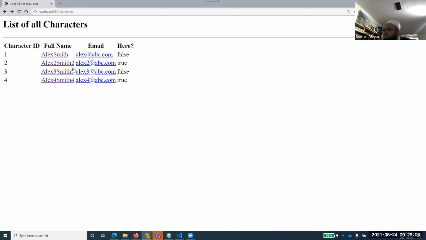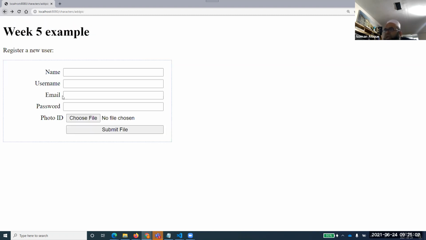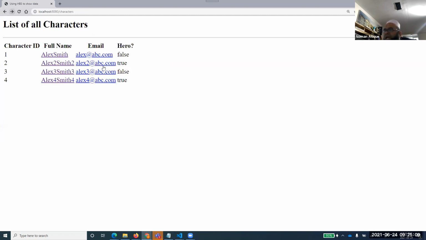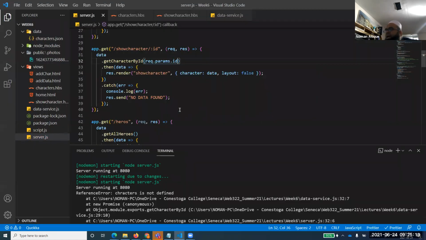So you see here what is going on. It's basically showing that now we can just access that one. So typically, someone asked a question in the beginning. Now we have two HBS files, characters.hbs and show character.hbs, right? Before that, if we were accessing the character, it was just throwing a simple JSON file, while here it is giving us the right thing.